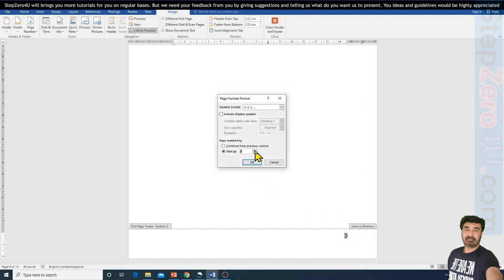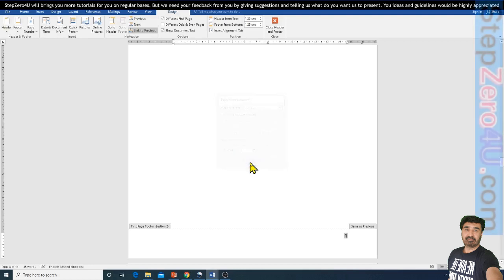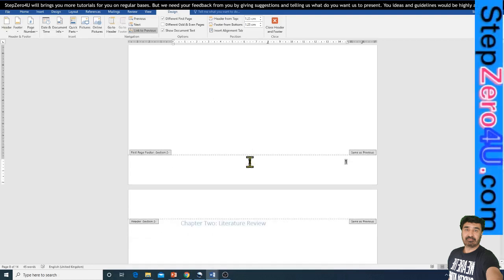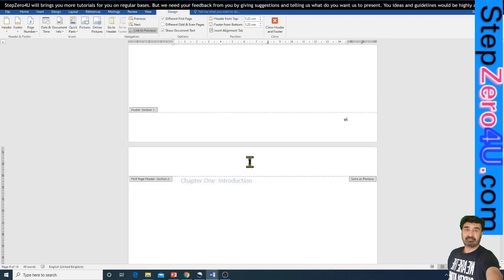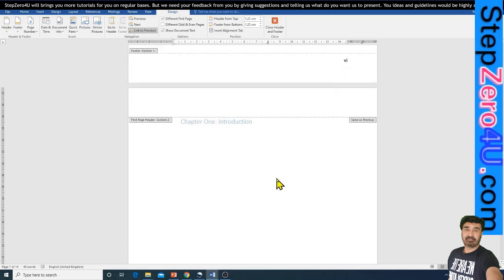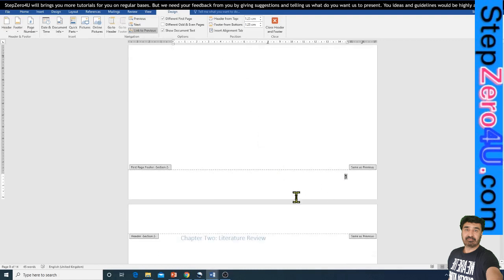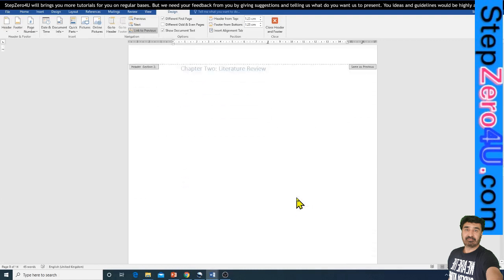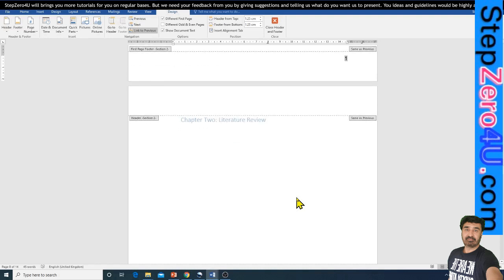Select the number, go to Format Page Numbers, and then select starting from 1. Okay, now we have number 1 here. We have Roman numbers in the previous section, and we can see different numbers, real numbers, in this section.